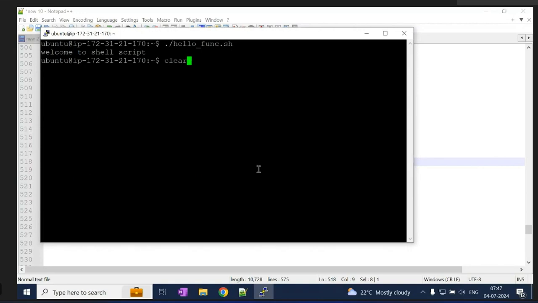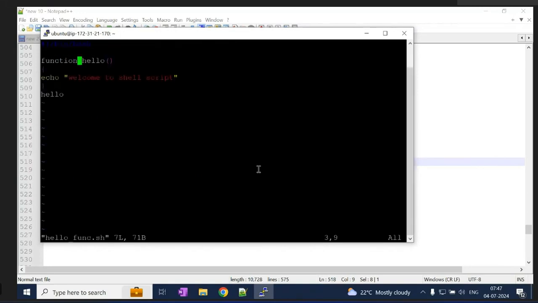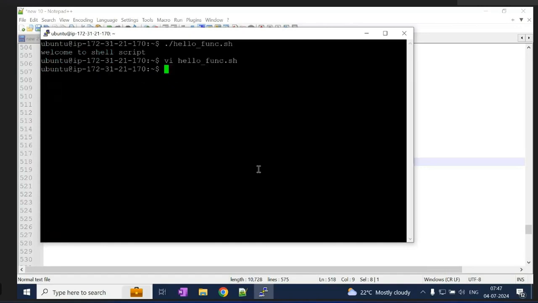Just remove this. Again, the program will be the same. Hello will go and invoke my function and it will execute it. That way also we can write. It's up to you how you want to write the functions.